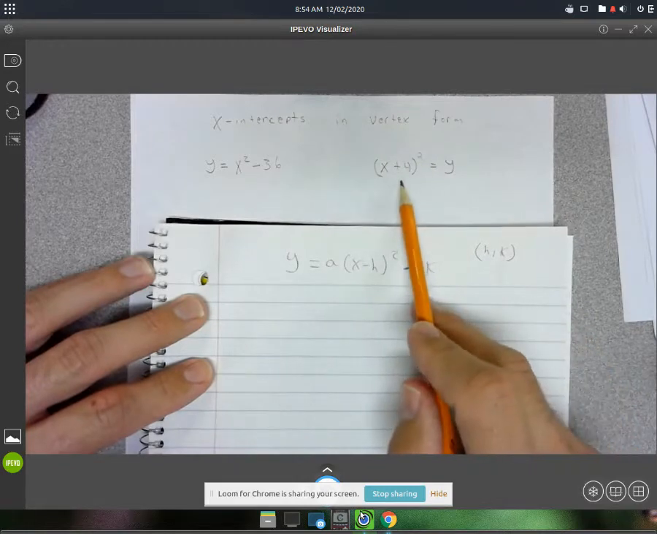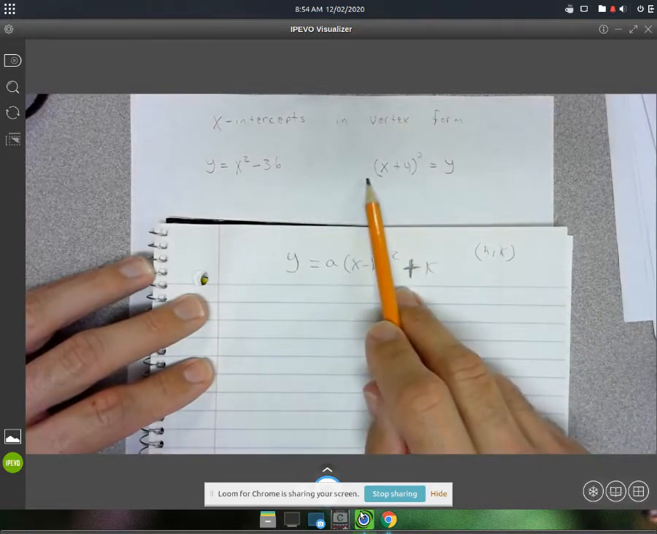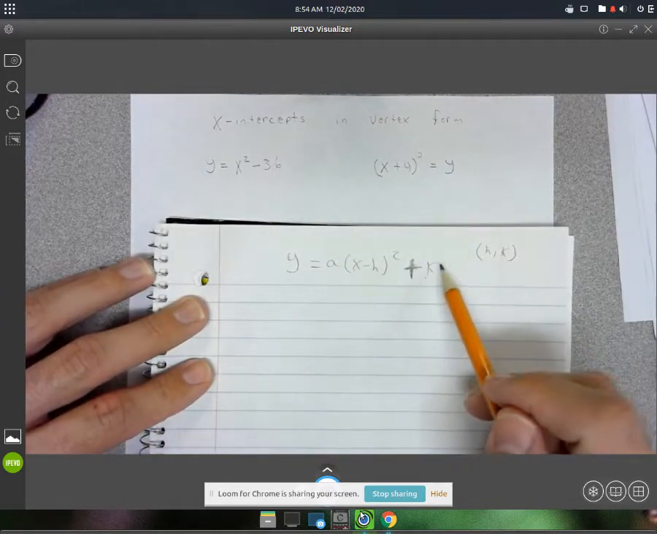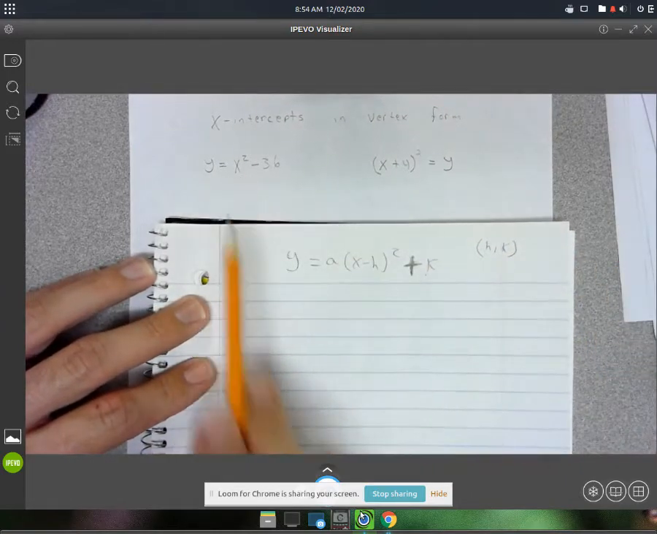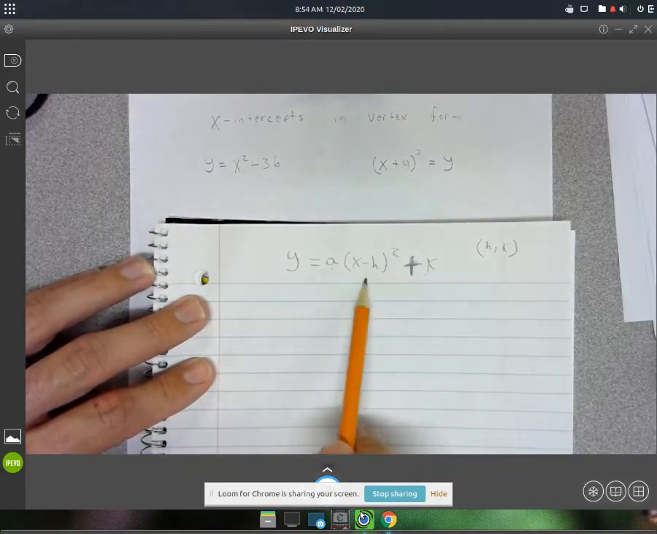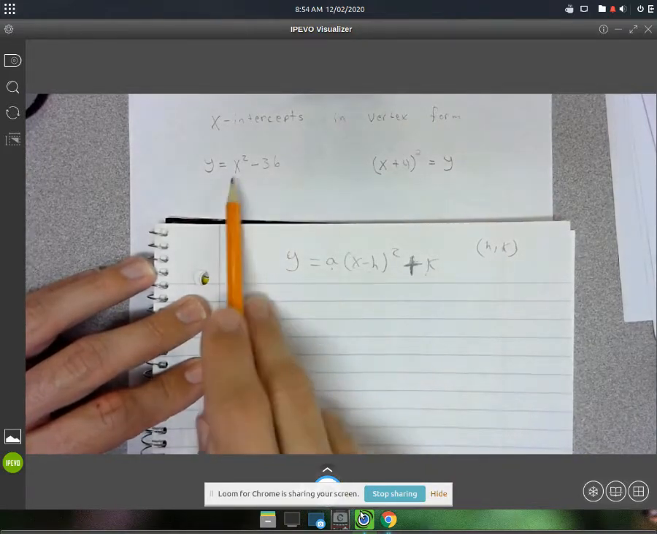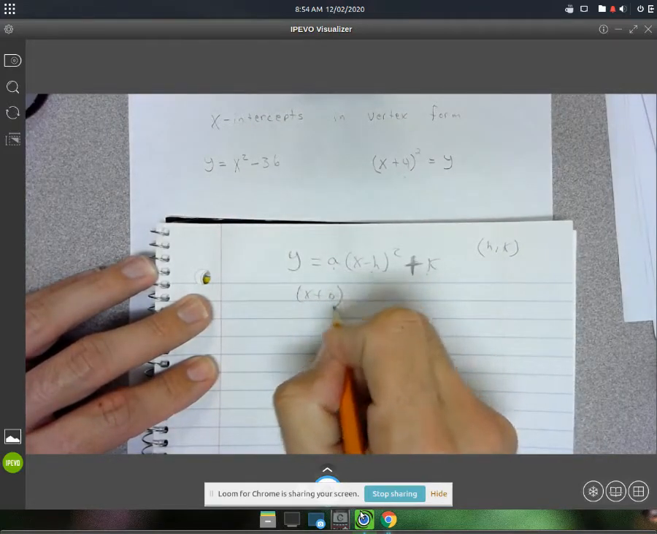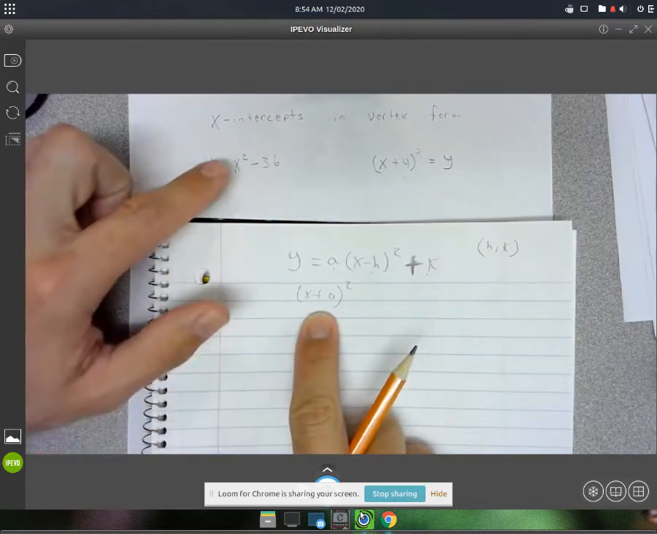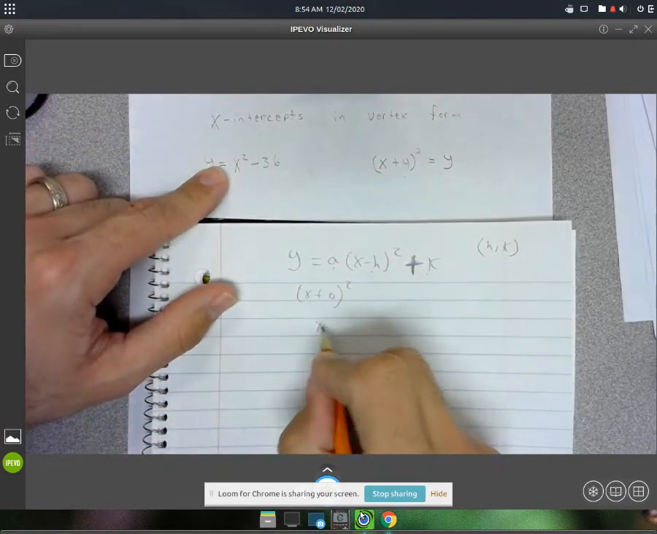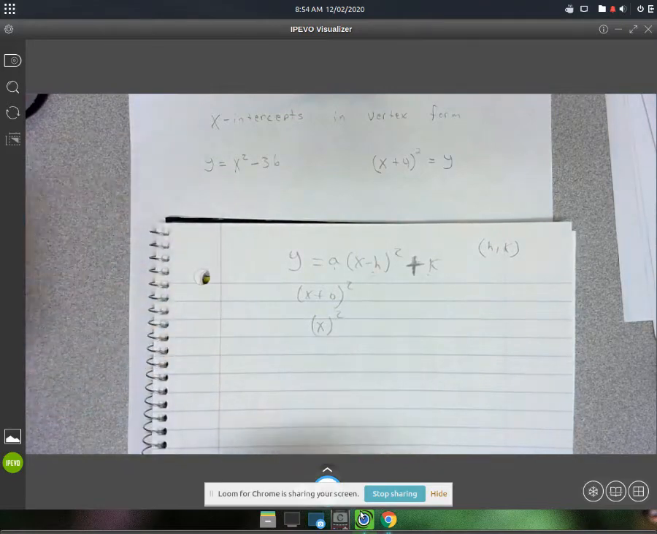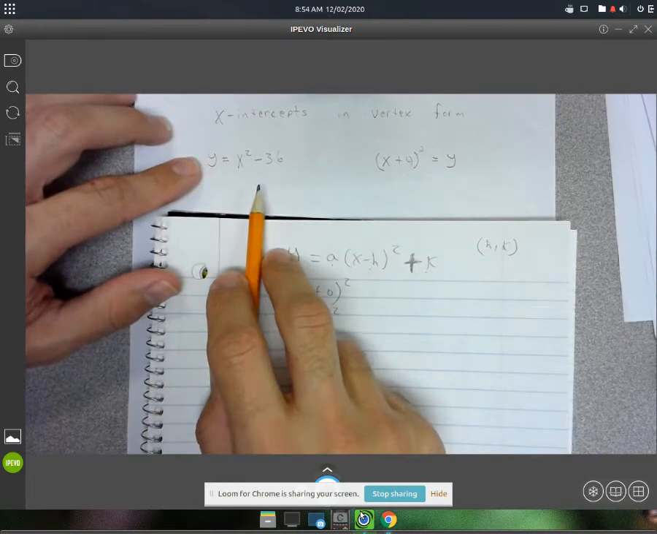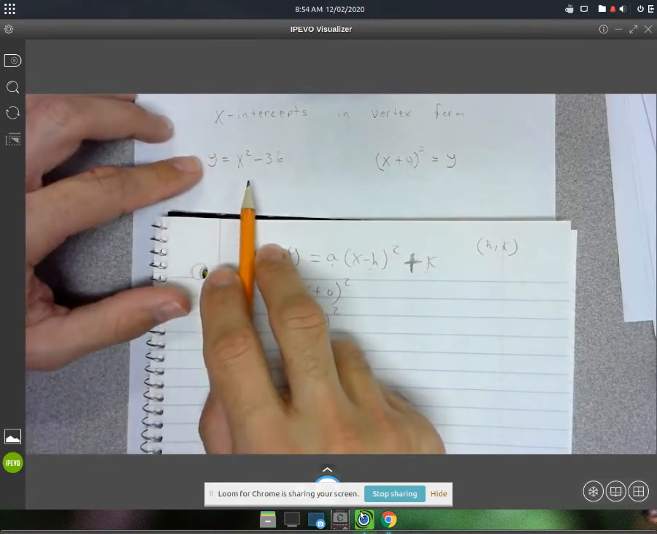Basically, on this one, there's no a, and there's no plus or minus on the outside, so there's no k. And this one, there's no a on the outside, but there's also no h. So it's like x plus 0 squared is kind of what that is, because this just simplifies down to x squared. Anyway, we are going to find the x-intercepts, and you kind of have already done this before